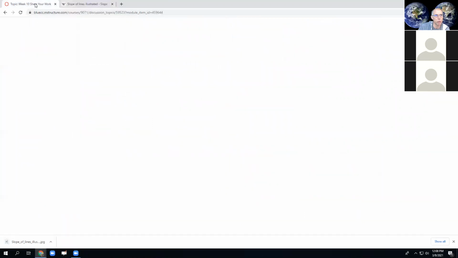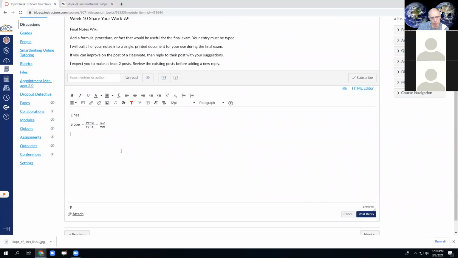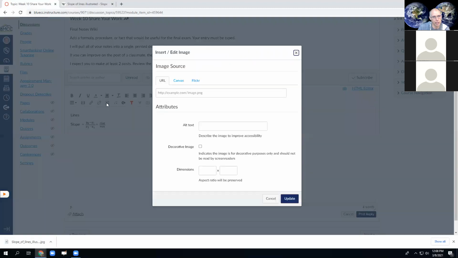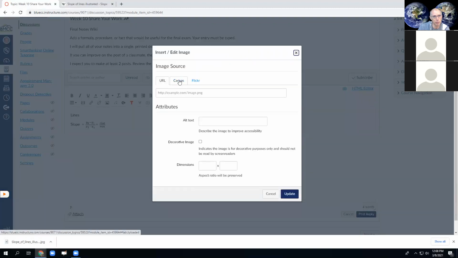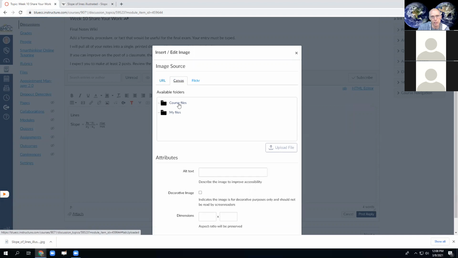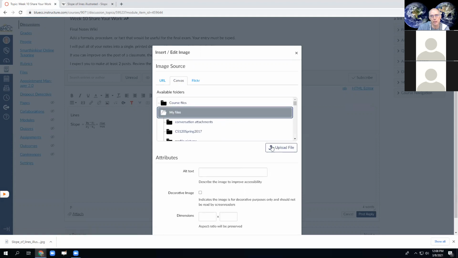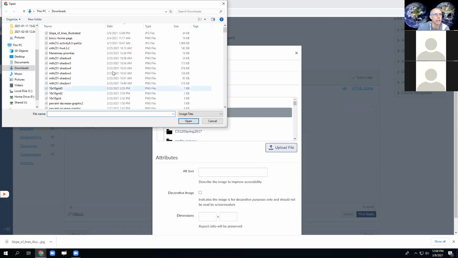So to put a picture in a page like this, the picture has to live on your computer, and then you can embed the image. So once you get it to your computer, if you want to put images in there, some of you have done this on your show your work assignments. From Canvas here, you would go to My Files, and then that allows you to upload it. And then you can go find it, open it,